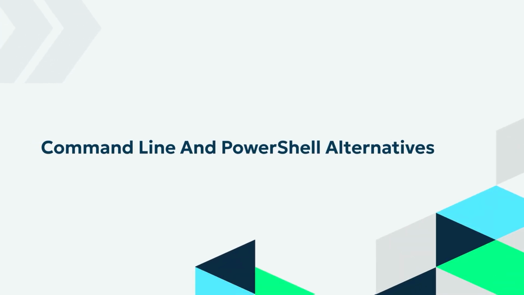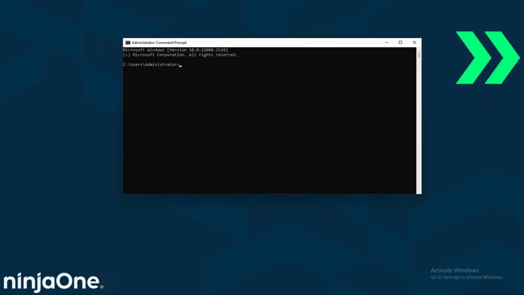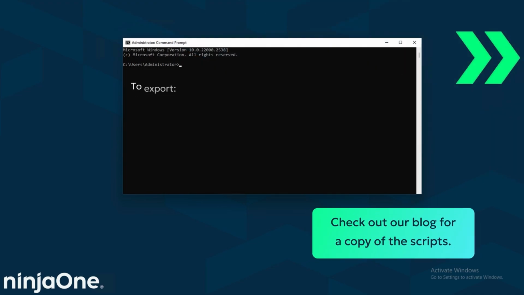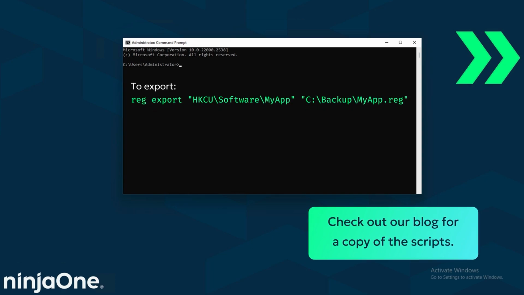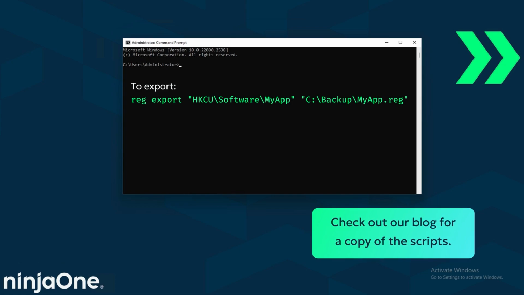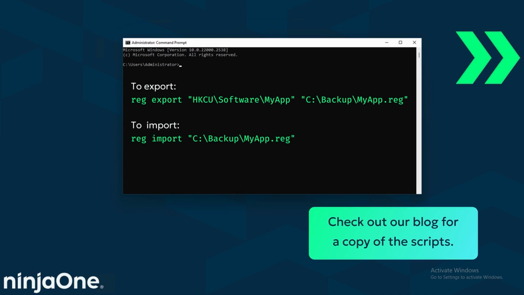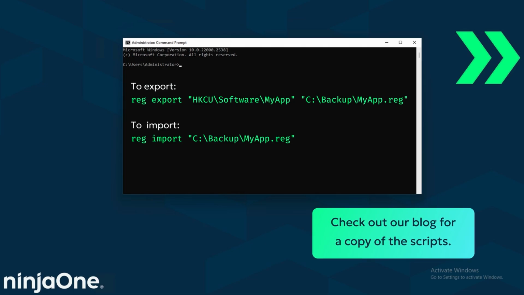Command line and PowerShell alternatives. Next, you can automate the process using command line tools. To export, type reg export HKCU\Software\MyApp C:\backup\MyApp.reg. To import, use reg import C:\backup\MyApp.reg. Be sure to run Command Prompt as an administrator if you are exporting or importing system-level keys such as